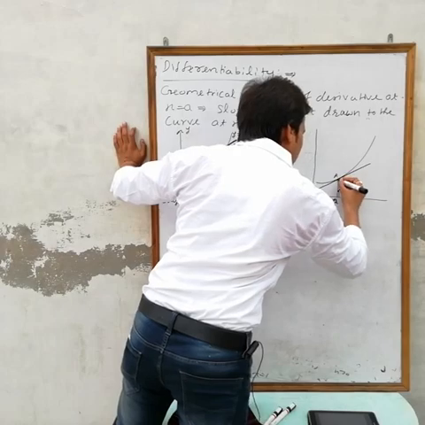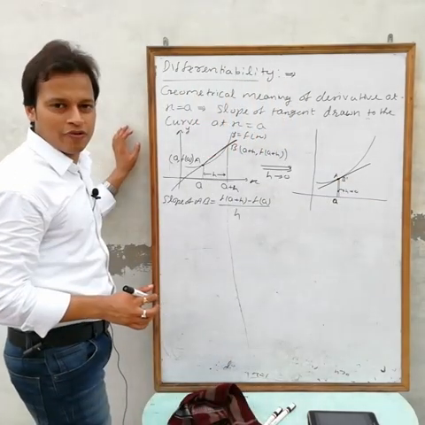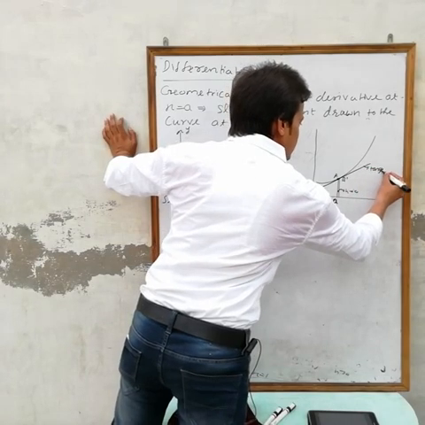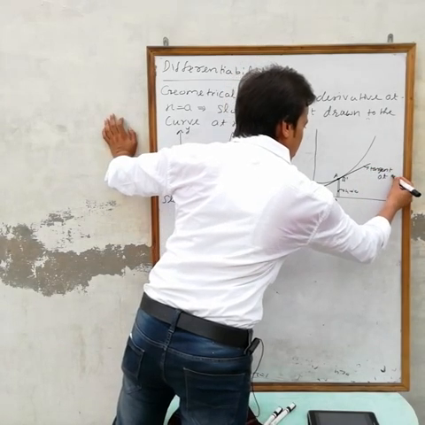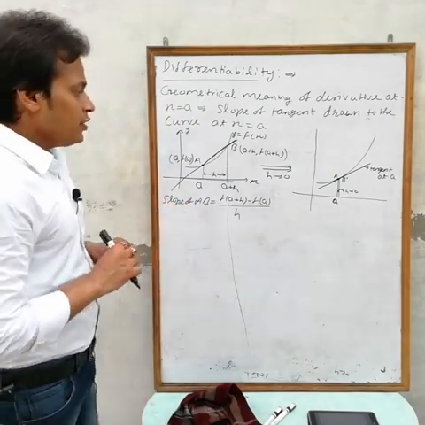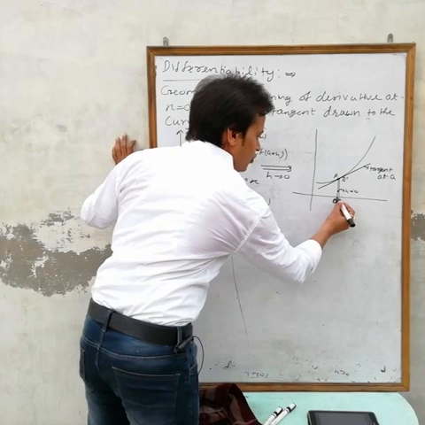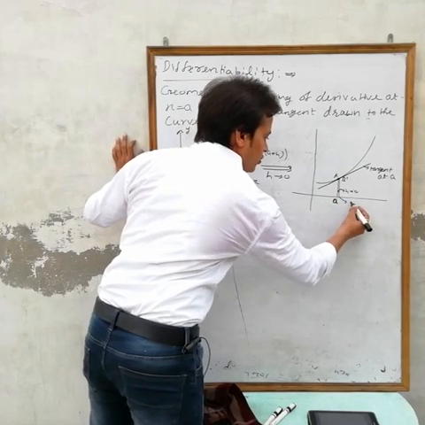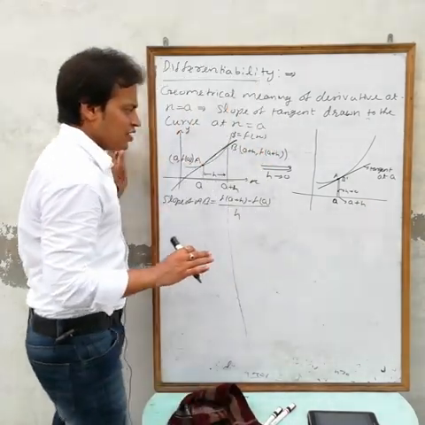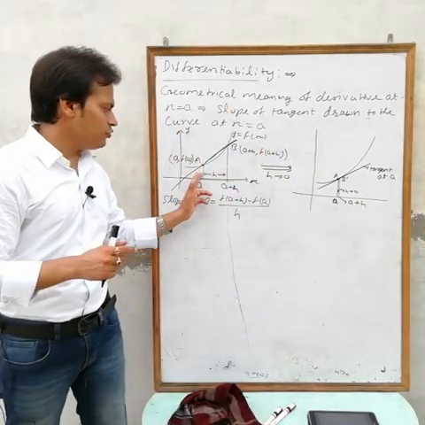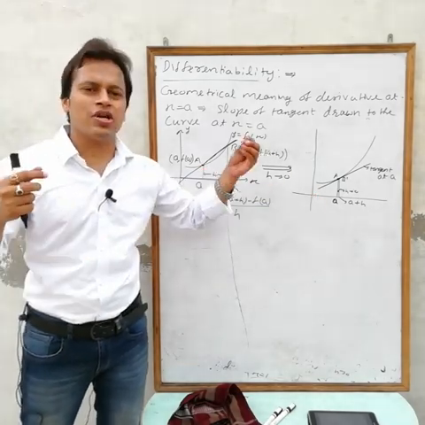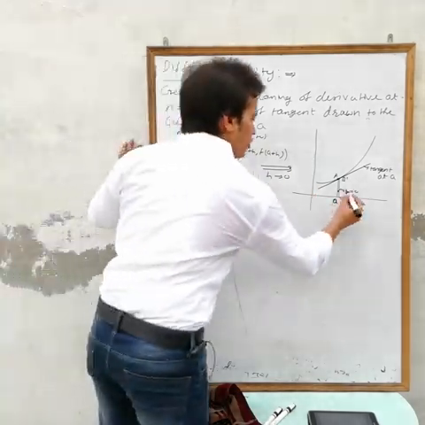Now, I can say that this is the tangent at x equals a. Tangent at A, okay. Now see again, the x coordinate of A is a, and the value of x at this point is again a plus h. Again I am assuming the difference between these two is h, but in this one h is a measurable value, and in this one h is tending to 0, but the coordinate remains the same.